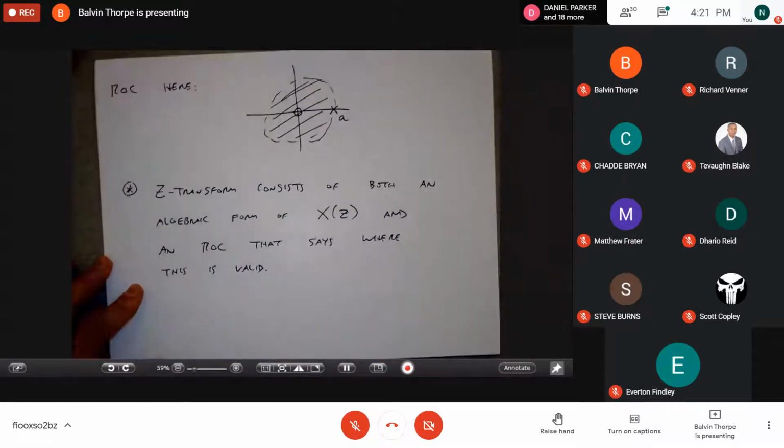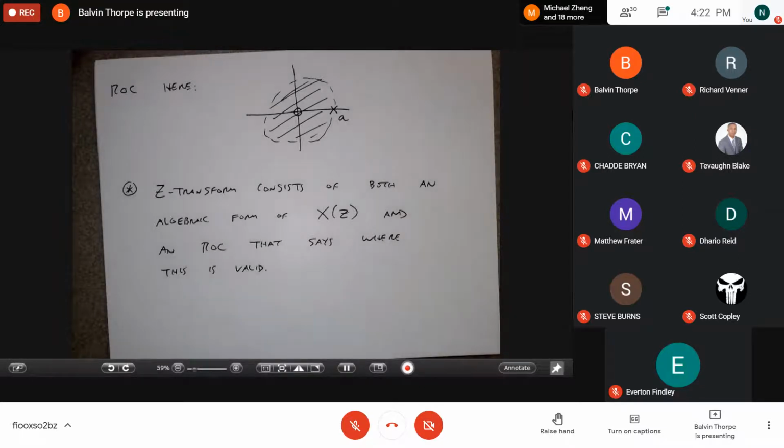Right? So the conclusion is that I can't just tell you, hey, the Z transform of a signal is this function of Z, compute the inverse Z transform. The reason I can't do that is because I need to tell you what the ROC is in order to disambiguate which of the possible time domain signals I might mean. So that's why you always have to make sure that you note the ROC when you're working on a problem like this. Otherwise, it can get confused.